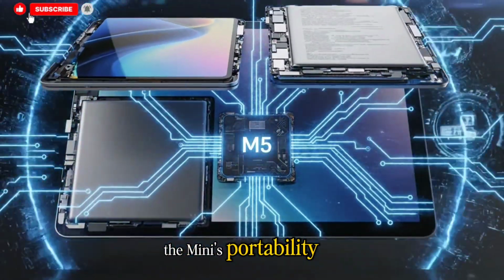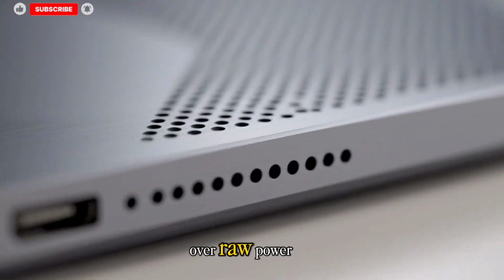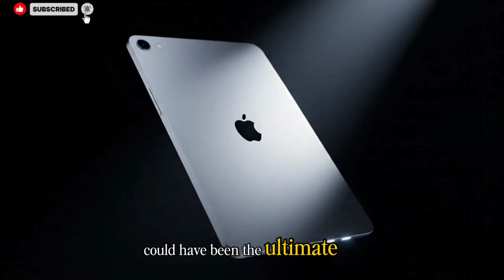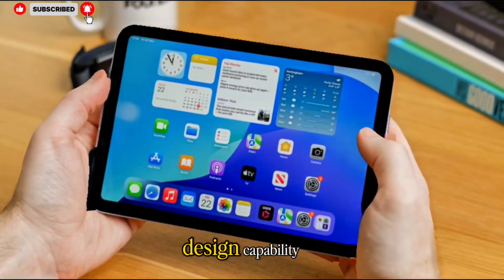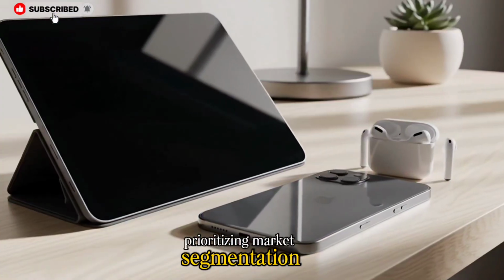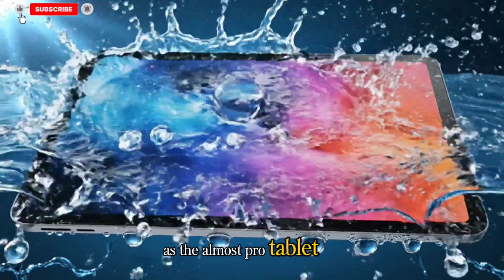For many users, however, these trade-offs won't matter. The Mini's portability, build quality, and ease of use make it a beloved device, ideal for students, travelers, casual artists, and anyone who values mobility over raw power. Yet, there's an underlying frustration that runs through the enthusiast community. The iPad Mini 8 Pro could have been the ultimate small tablet, a true pro device in every sense of the word. Apple has the technology, the design capability, and the resources to make it happen. But once again, it appears the company is choosing strategy over ambition, prioritizing market segmentation and product differentiation over delivering a fully realized product. This means the Mini will likely continue to exist as the almost pro tablet, capable, elegant,